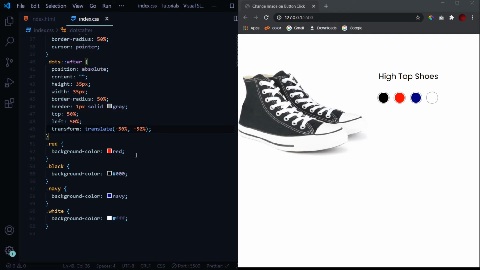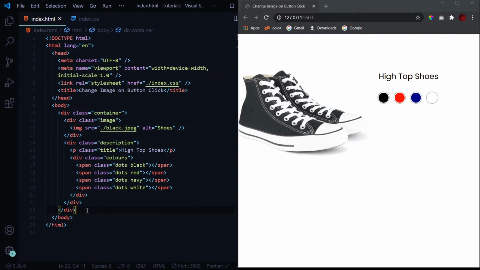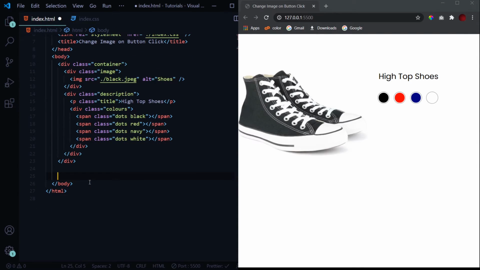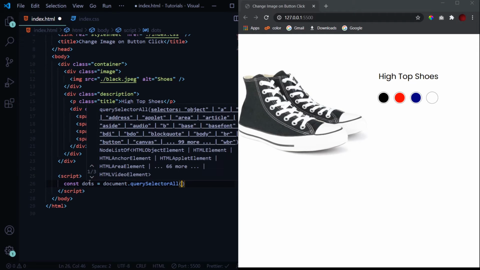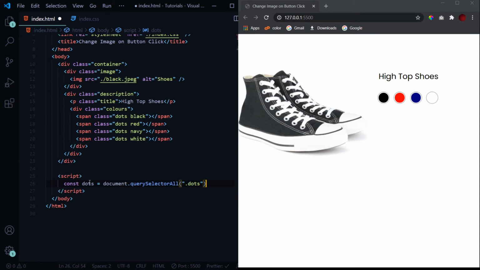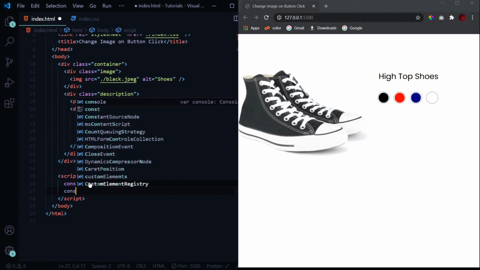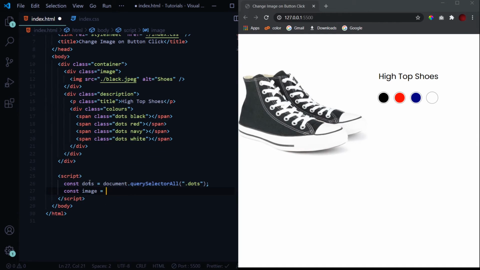So this is it for the styling part. Now let's get straight into JavaScript. The JavaScript for this functionality is very easy to understand if you just pay a little attention to what I'm going to say. First, we'll start by entering the script tag at the last of our body tag and select each and every one of these dots. So for that, we'll use the document.querySelectorAll function because there are multiple of them. Each of them has a class of dots. So we have selected all four of them, and then we'll select our image. To select it, we'll use document.querySelector, which is inside the div with the class image. So this will select our image.